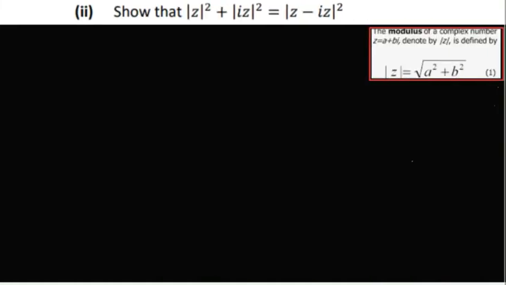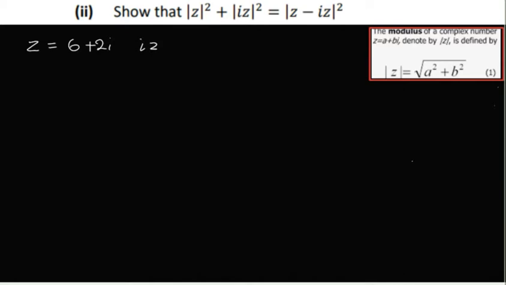So let's look at the second part. In the second part, we have to add 2 modulus on the left hand side and get the modulus of the difference of z and iz, just like the one in the first part. So let's state everything out to have it together. So z is equal to 6 plus 2i,